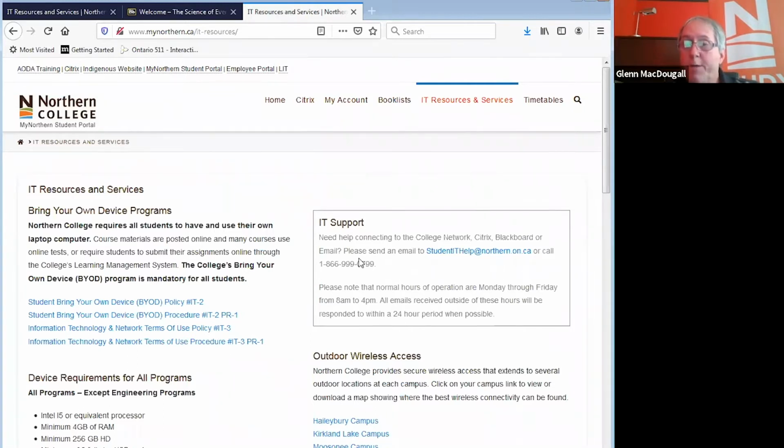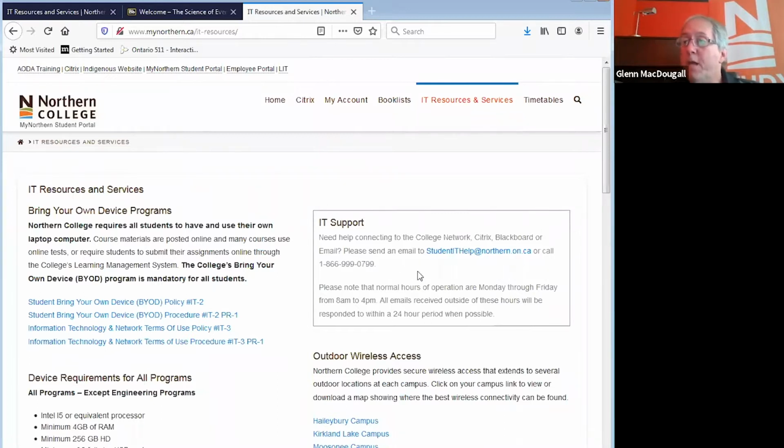We are also in the process of engaging with a company located in Bangalore who will also offer IT support for the entire country of India. So no matter where you are located in India, you will have the ability to use chat features and functions to contact IT staff there that will be able to assist you with any technology problems that you might have. That is not set up yet. We're hoping that that will be ready in the next couple of weeks.